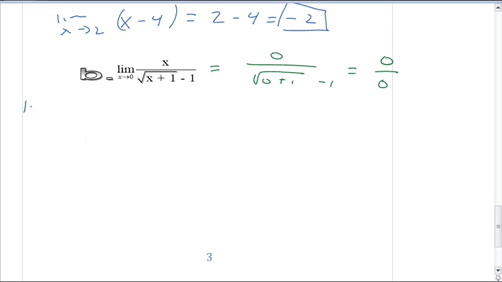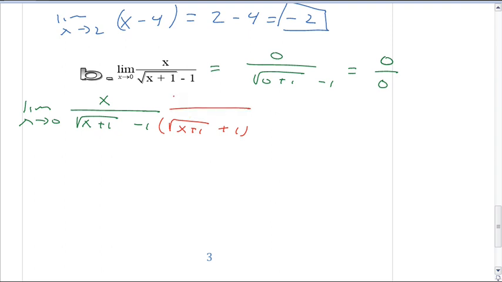So limit, and I'm not going to drop the limit, even though I'm tempted to take shortcuts, as x approaches 0, of x over radical x plus 1 minus 1. Okay, so I'm going to multiply by the conjugate. So the conjugate of this denominator is radical x plus 1 plus 1. And I'm going to multiply that times the top and the bottom. Now, when you do this, on the top, and I'm not going to simplify all the way, you get limit as x approaches 0 of x times the quantity radical x plus 1